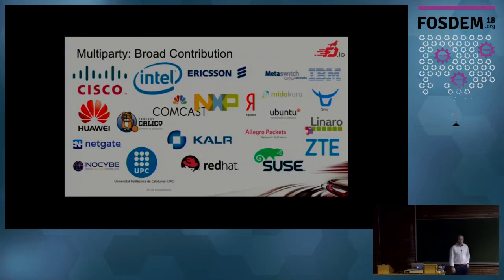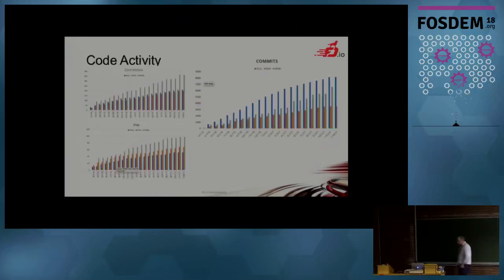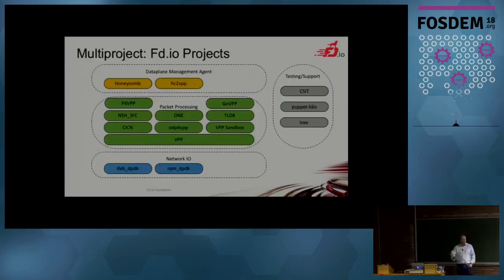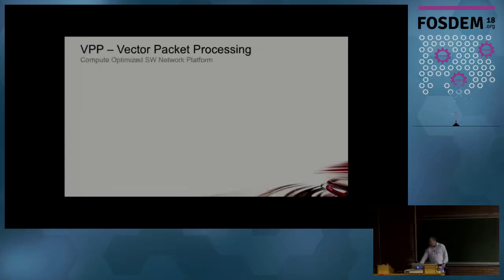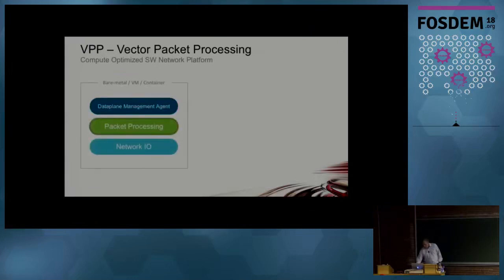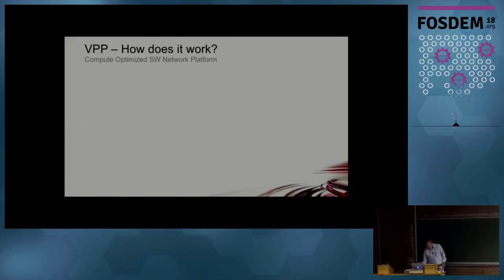So this FD.io project is actually a multi-party project with many people coming from many companies contributing. We see people from Intel, ARM, Ericsson, so many companies are actually contributors. And it's a very active project, right? I won't go into the details, but basically I took 3 projects in the same domain, OVS, DPDK, and VPP, and tried to show the number of commits. So it's a very active project. You have many components, but on that I will go quickly.